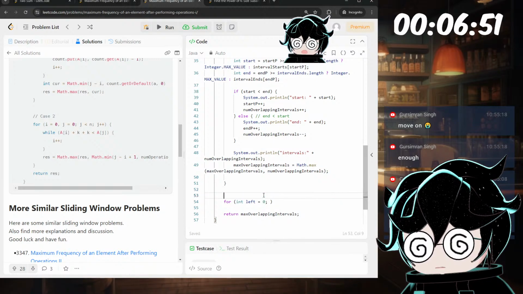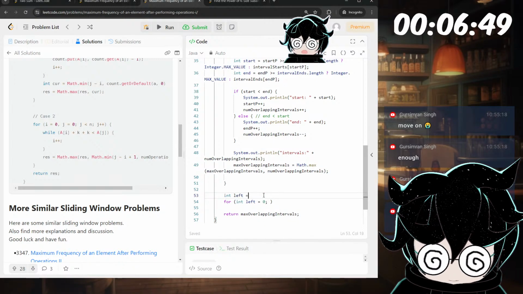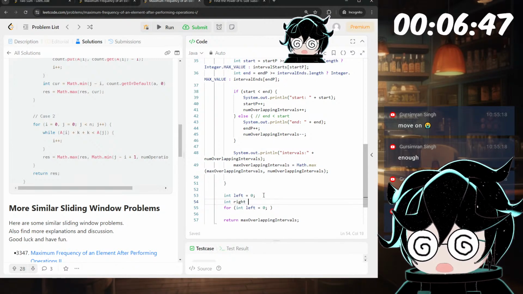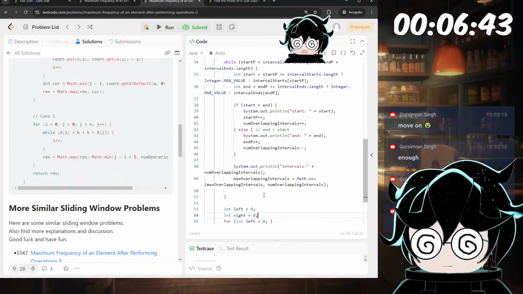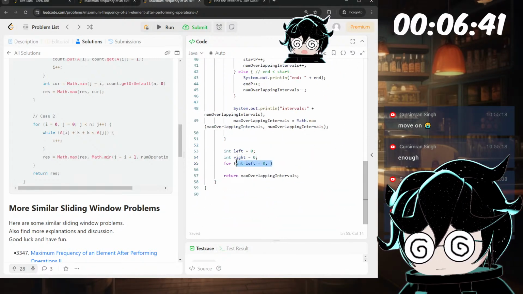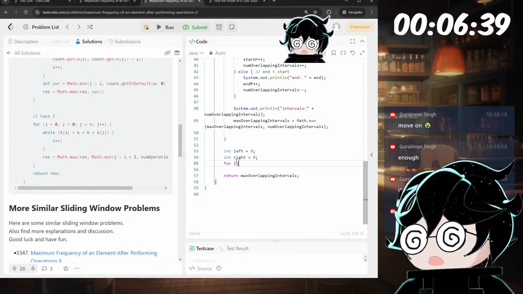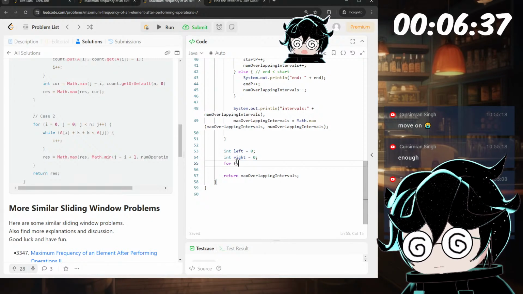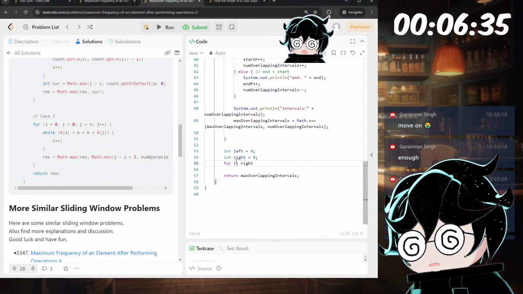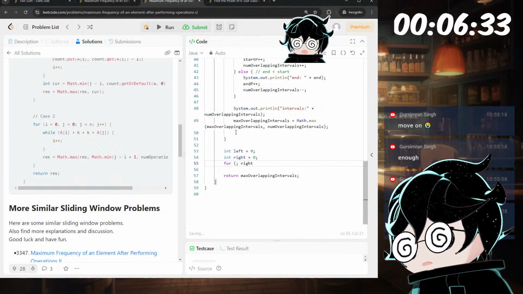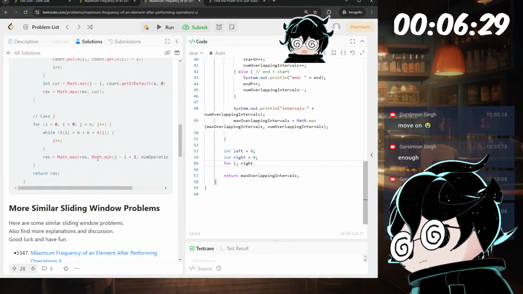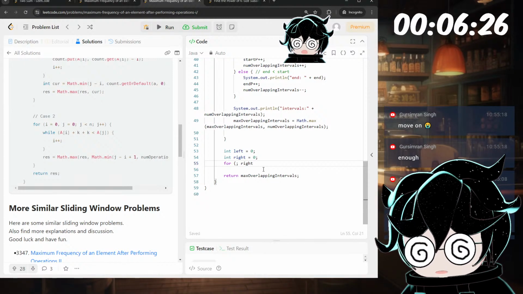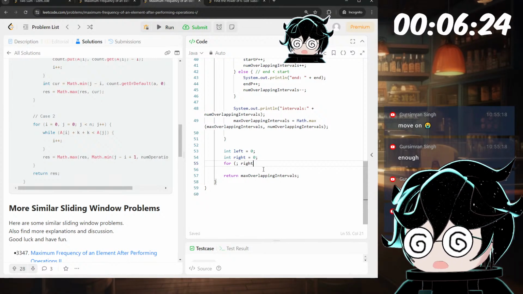And let's do int right is equal to 0. Okay, so while the right is... Oh, they're literally doing the same thing. Okay. While the right is